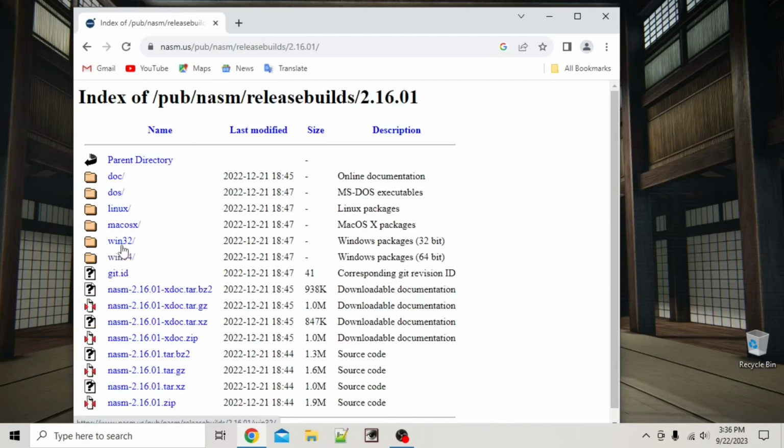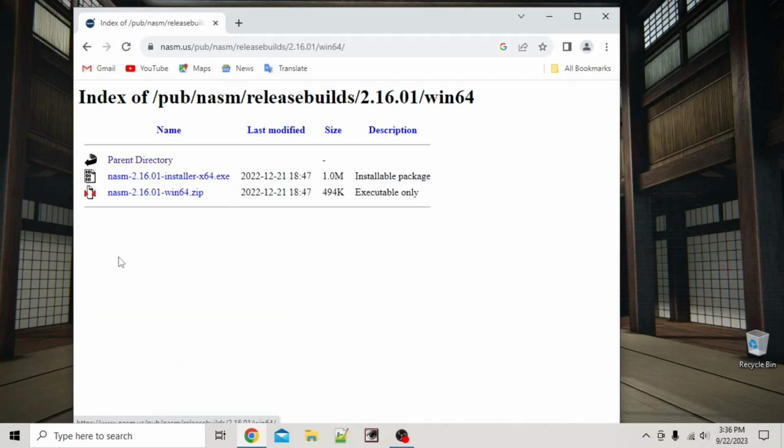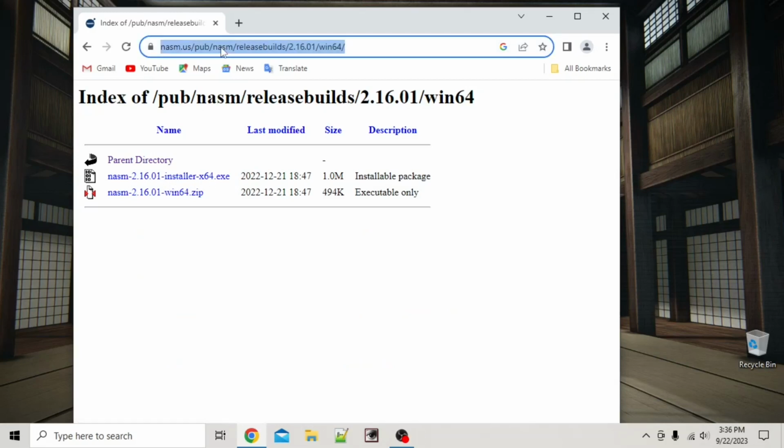Win64, unless you have a really old PC that's running like Windows 98, Windows 95, something like that, then most likely you want the Win64 version, and there's your installer right there. You can grab that. After that, we'll want